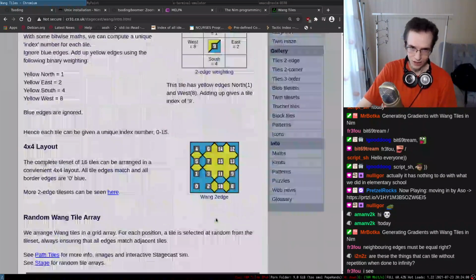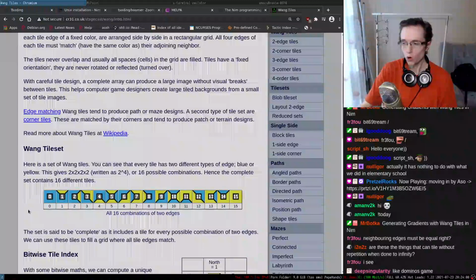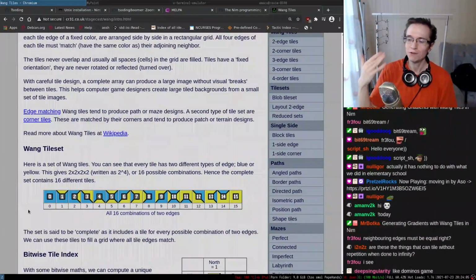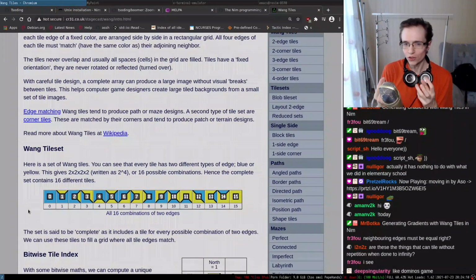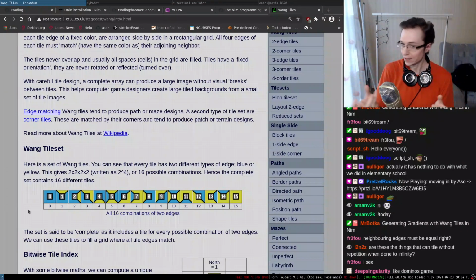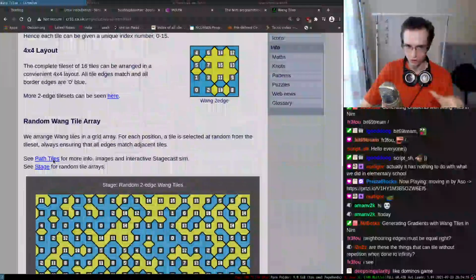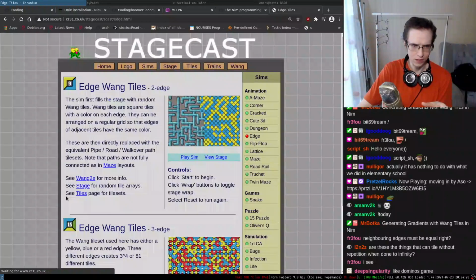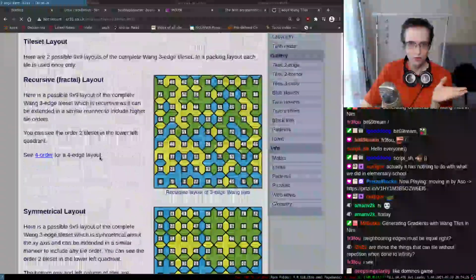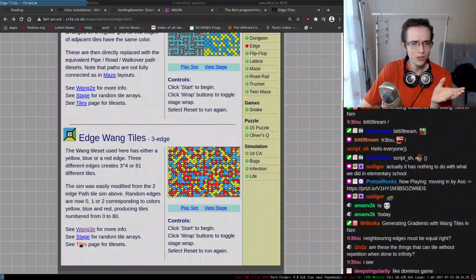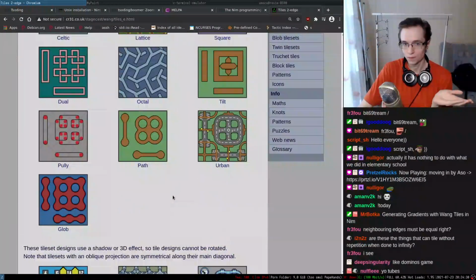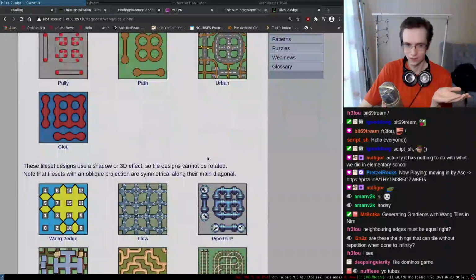And what's interesting is that color is more of a metaphorical thing. It does not necessarily have to be a color. You can draw them so they form some sort of tubes, or some sort of labyrinths and stuff like that. There are a lot of examples on this particular website, so let's click around. I think it's a Wang 3E. So there's a lot of different tiles, and you can have tiles that look like this, that generate roads and stuff like that.